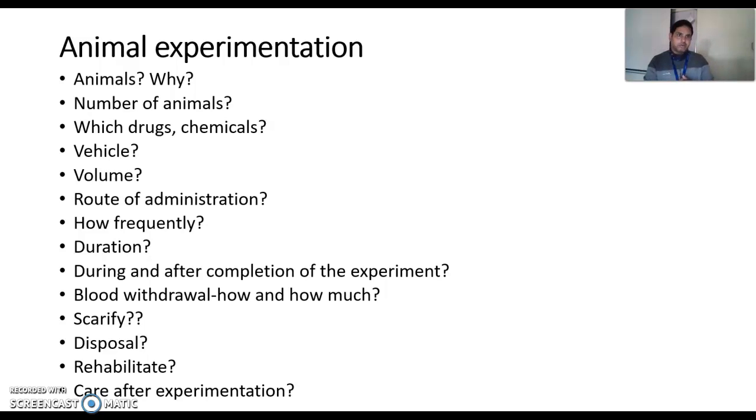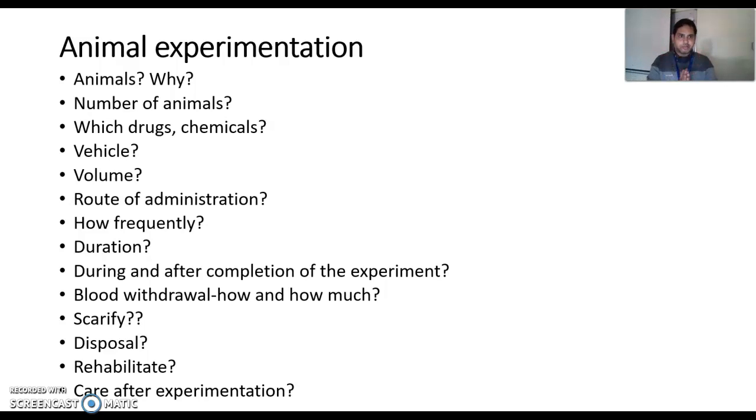फिर क्योंकि आप सेक्रीफाई नहीं कर रहे हो एनिमल, तो आपको मेंशन करना पड़ेगा कि आप रिहेबिलिटेट कैसे करोगे। ऐसा नहीं कि आपका एक्सपेरिमेंट खत्म तो आप बस एनिमल को छोड़ दो, आप रिहेबिलिटेट कैसे करोगे वो सारी इंफॉर्मेशन आपको प्रोवाइड करनी है। अगर आप सेक्रीफाई कर रहे हो तो सेक्रीफाई किस मेथड से करोगे, क्यों करोगे, उस मेथड का यूज वो आपको लिखना पड़ेगा। फिर सेक्रीफाई करने के बाद आप डिस्पोज कैसे करोगे एनिमल्स को, वो सारी इंफॉर्मेशन आपको लिखनी पड़ेगी। और केयर क्या करोगे, अगर आपके एक्सपेरिमेंटेशन के बाद आपकी कोई सर्जरी है या कुछ भी है तो आपकी केयर।